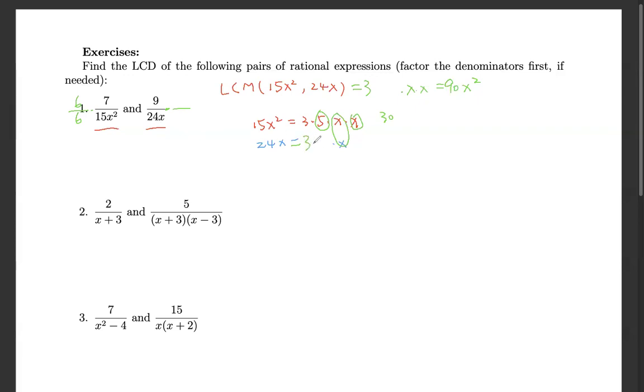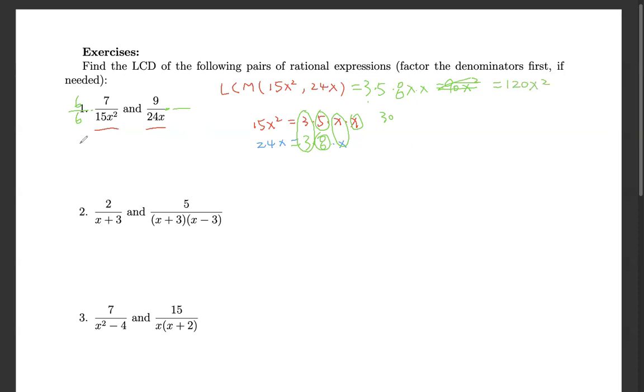So 24 is 3 times 8 times x, right? So we need to include the 3. 3 is here. Then we need to include the 5. We need to include the 8. Then x. So now 5 times 8, 40. 40 times 3, 120. So it's